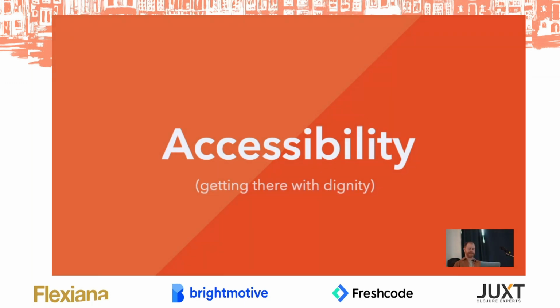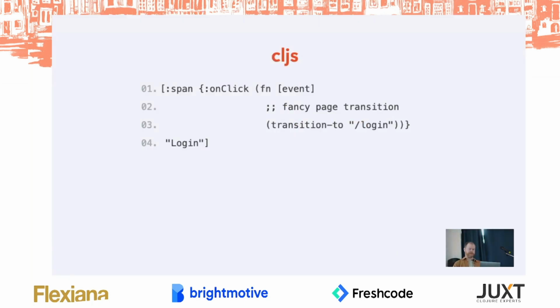The last thing, accessibility. There are things that you can do when you're building a single page app, when you're building with JavaScript from the beginning, that can ultimately get you into trouble when accessibility is concerned, that if you were doing server-side rendering would never happen. So this is a span element with an on-click behavior, and it's doing a page transition. The page transition here should ultimately just be changing the page, and we wanted to do this for fancy reasons, right? To add some animation or load content iteratively without requiring a full page refresh, which is all well and good. But the problem with this is